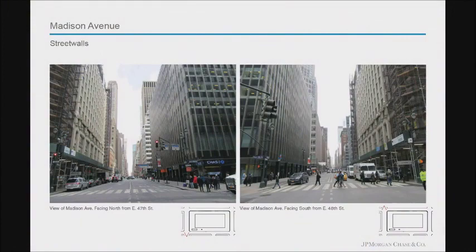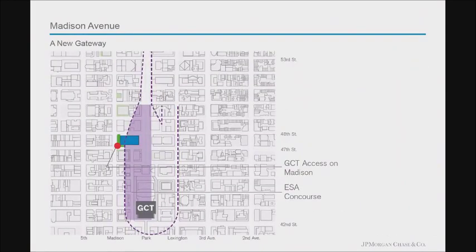As you can see from this photograph, Madison, unlike Park, unlike Fifth, has become dark. It has become congested. It is not a terribly pleasant place to be as a pedestrian today. And we believe that situation becomes even more important when you consider that this site, and particularly the southwest corner where 47th Street and Madison meet, is a major entry point not only from Grand Central Terminal, but a future entry point from East Side Access.